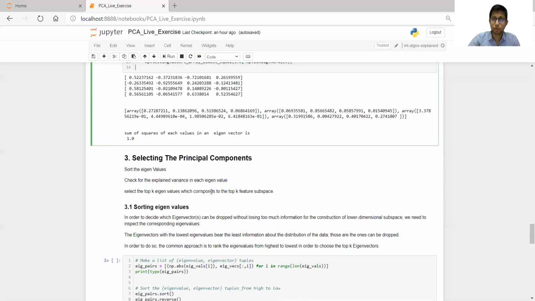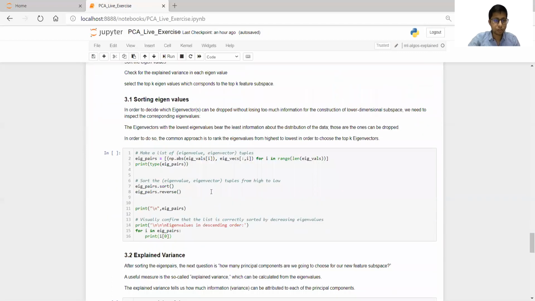Okay, so how do we do this? Let's see. First we need to sort the eigenvalues, so we need to write some function. Here np helps; np is nothing but numpy. Let me explain from right to left, that will be more meaningful. We have a set of eigenvalues, we calculated the length, and for i in range.